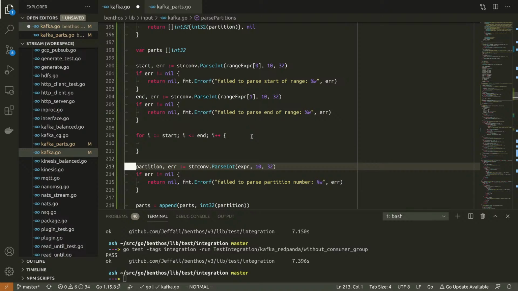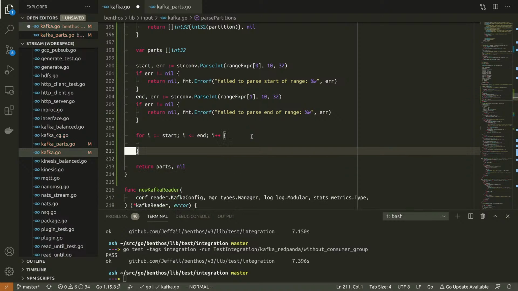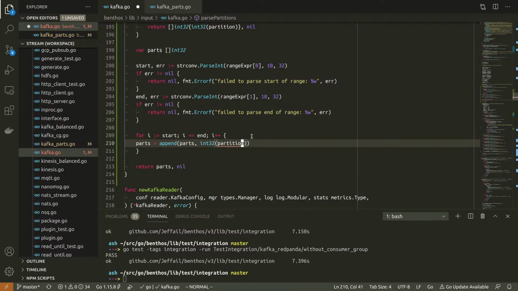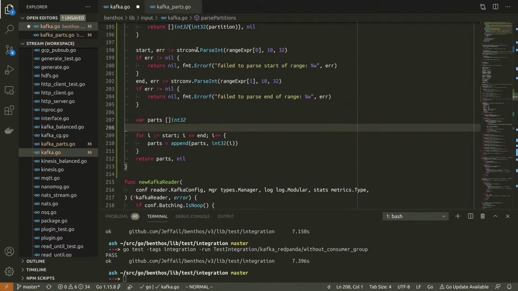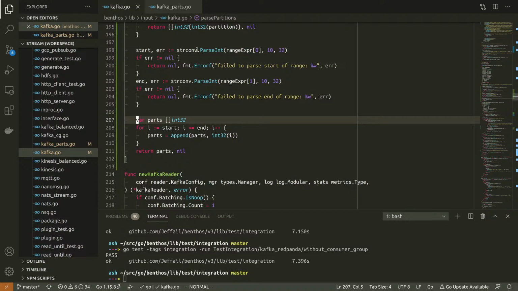I think this works. Let me stare at this for a couple of minutes while I think. Yeah, it's fine. We'll test it.